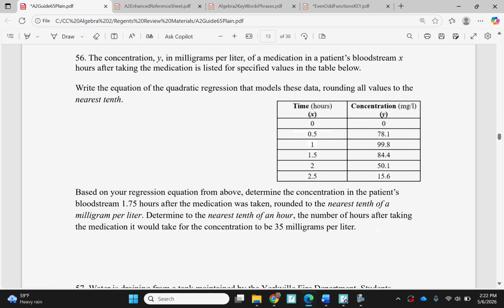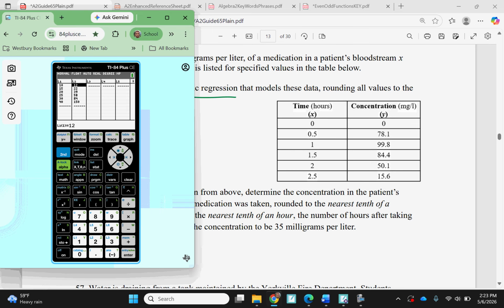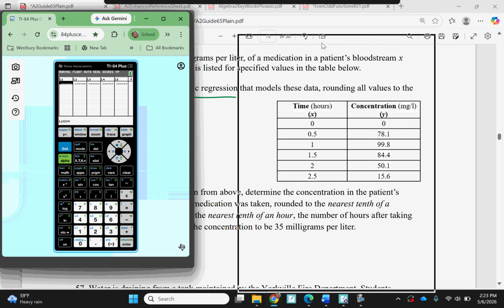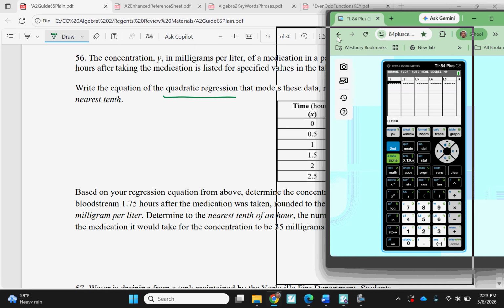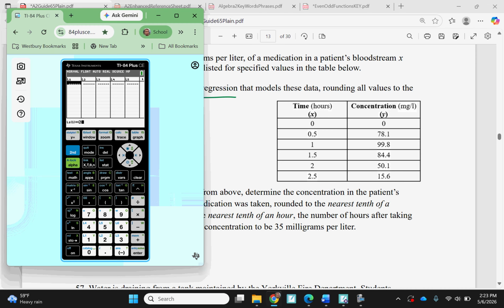Similarly, for the quadratic regression, any regression, I go stat edit, clear this stuff out. I'm going to type in the data. So I've got 0, 0.5, 1, 1.5, 2, 2.5. And then I've got 0, 78.1, 99.8, 84.4, 50.1,